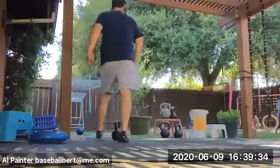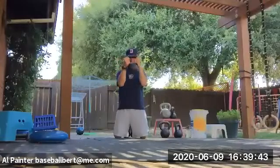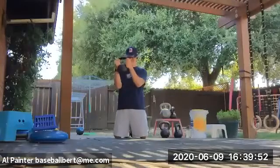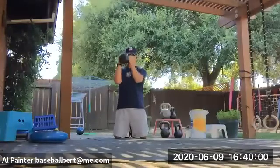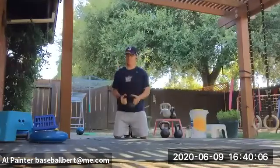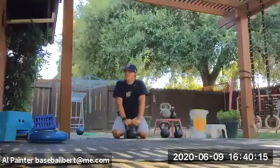Ready? We've got the goblet kneeling rotation. So again, the further away from your body the weight is, the more you are going to feel the abs and the glutes kick in. Think about pushing the elbows forward, and you'll get more activation of the abs. Okay, so we got 22 seconds, and then we'll go